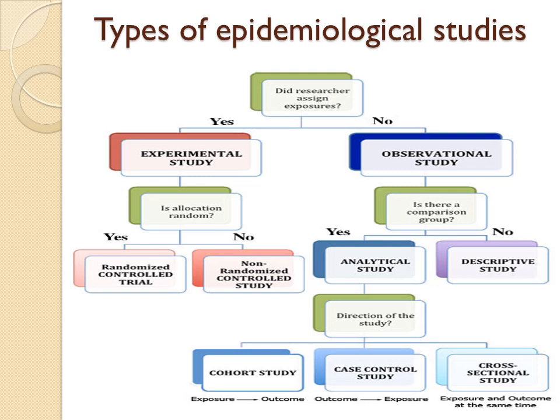Here you are not comparing the study population with any other group. So it is a descriptive study. So what is an analytical study? When there is presence of any comparison group, it is called an analytical study. Analytical studies again vary depending on the direction of the study. So the first one is the cohort study.